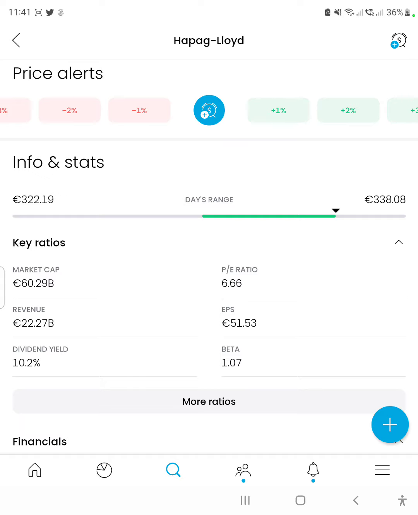The market cap is the overall price of the company, which is comprised of the individual shares that are available to the public for purchase, multiplied by the price of each share. So that comes up to 60.29 billion euros, which makes the company a very, very large company, which is always good for prospective shareholders. The PE ratio, which is the price to earnings ratio, is the price of each stock,